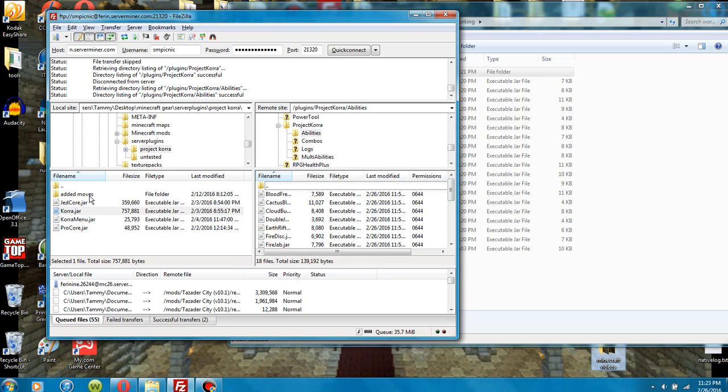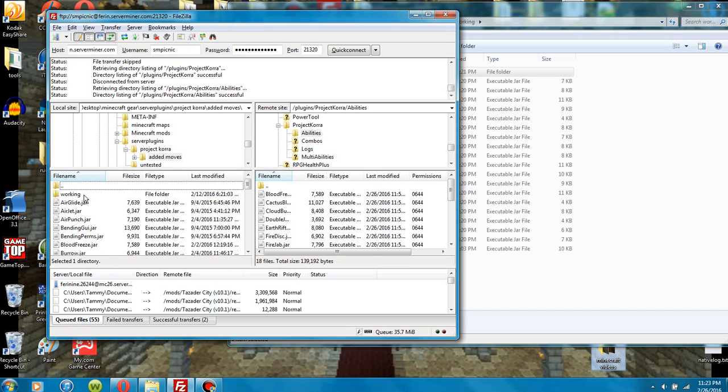Or what versions they work with, rather. Some moves still won't work, even for me. Then, after that, you go to Added Moves, in my particular case, and I'm going to go into the Working